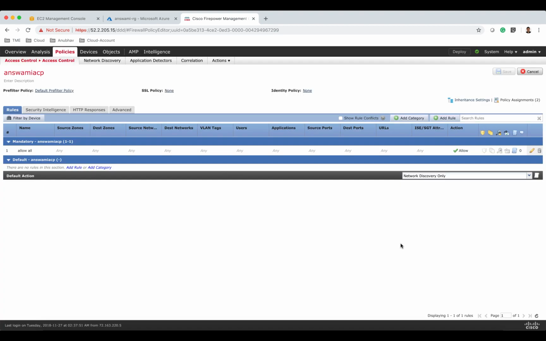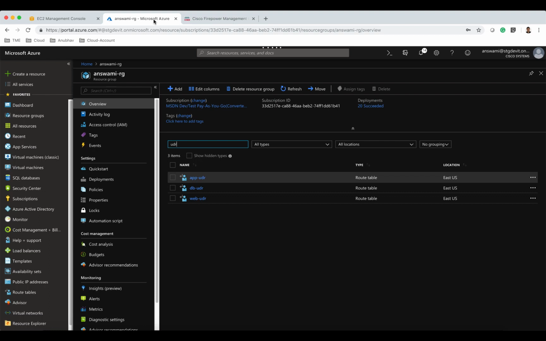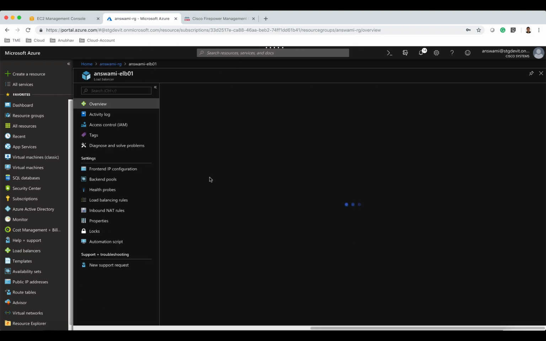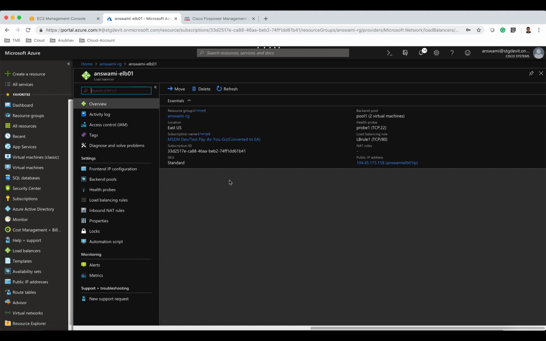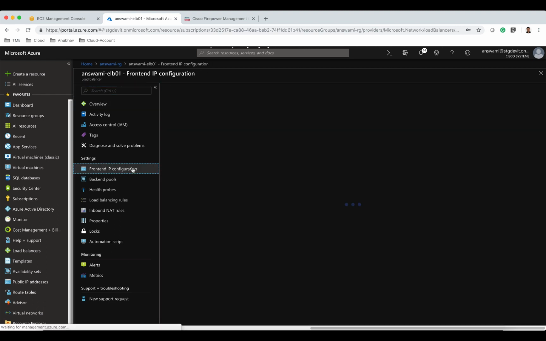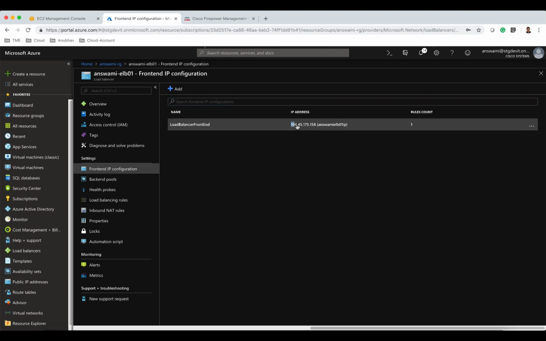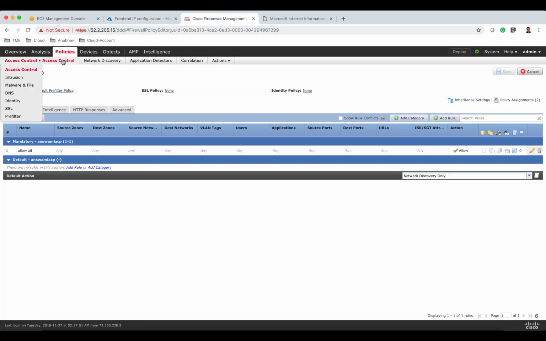The reason for adding this logging information is that when I send traffic from outside, I need to see that in my events. So I have added that information, and I will now go ahead and find out my front-end IP address from the load balancer. I'm back in my resource group. I'm searching for the external load balancer, and let's look for the front-end IP configuration. This is my front-end IP. I can now